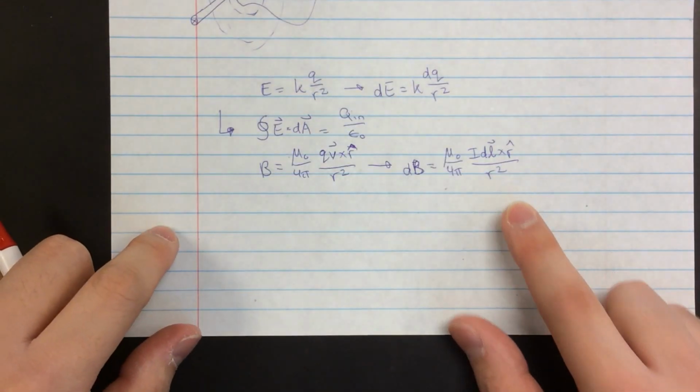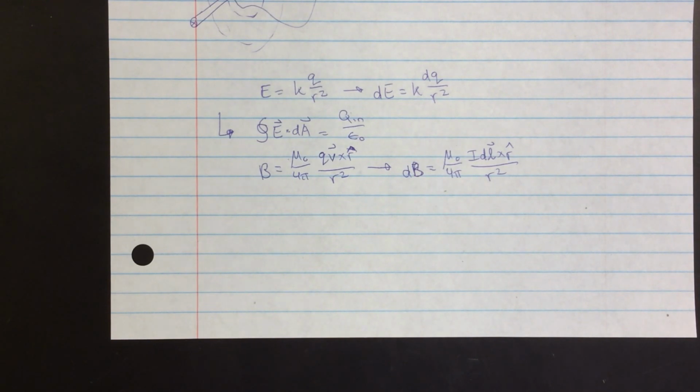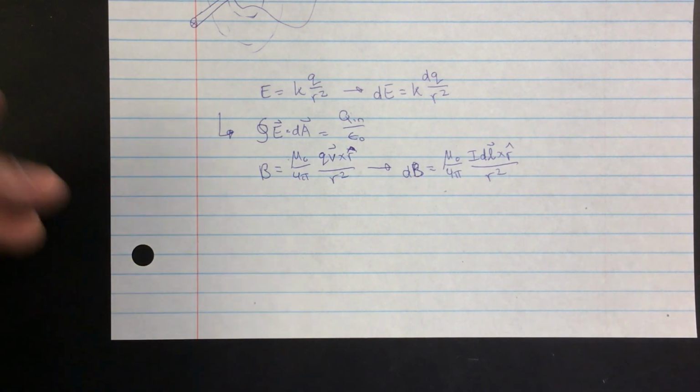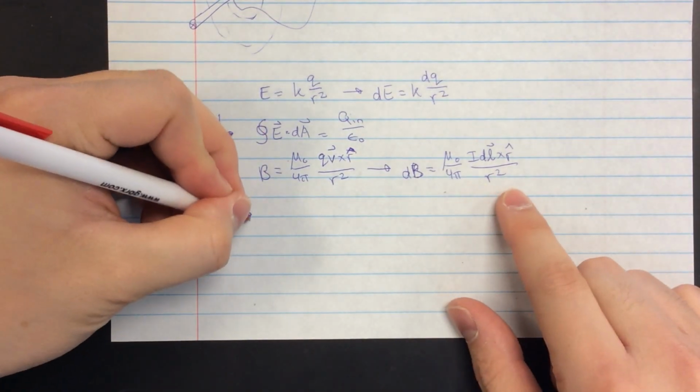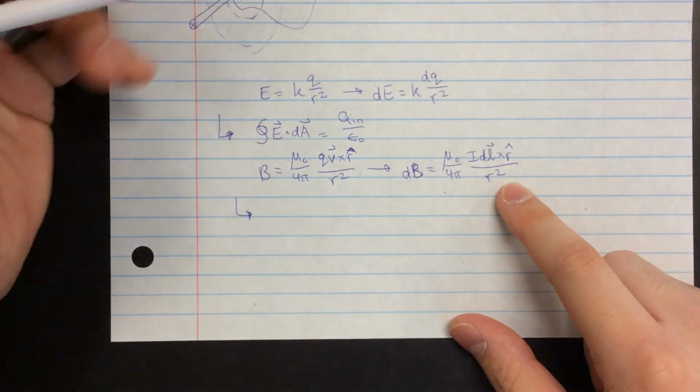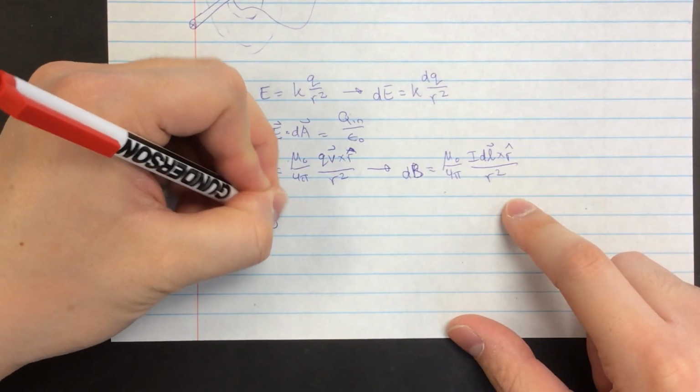So that instead of looking at one particular charge, you're transitioning into a distribution. So this is a distribution of current. And you can add it all up, and you can do it in a loop, you can do it in a straight wire, whatever, right? But again, we said that when you integrate this, it can get messy. So if there's a high amount of symmetry,